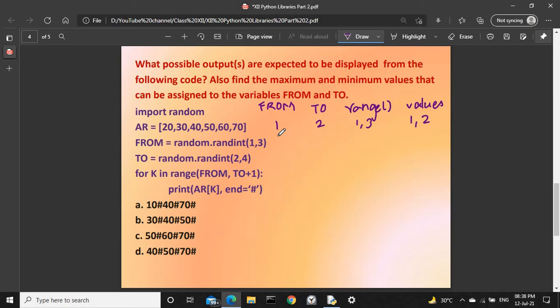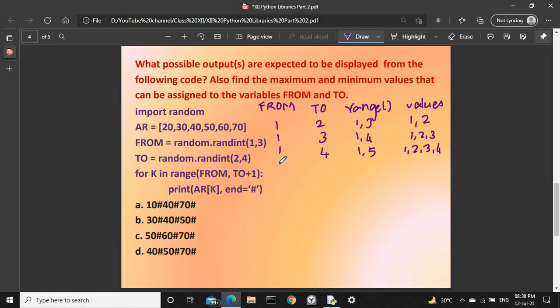Next assumption, from has 1 and to has the value 3. So the range will have 1, 4 and the values generated will be 1, 2, 3. Next assumption, from is 1 and to is 4. So the range will become 1, 5 and the values are 1, 2, 3, 4.